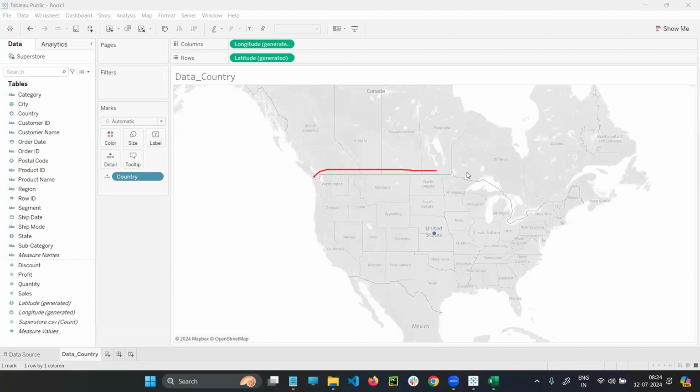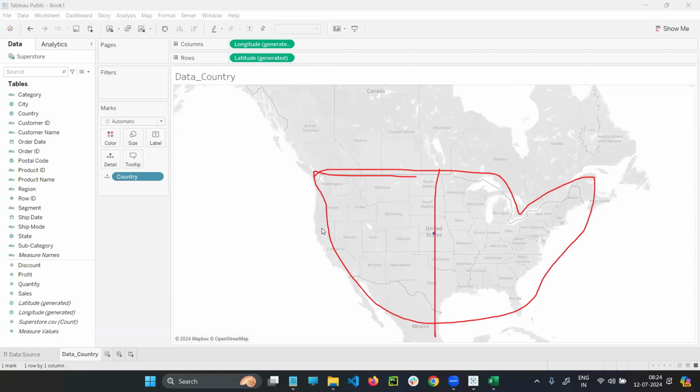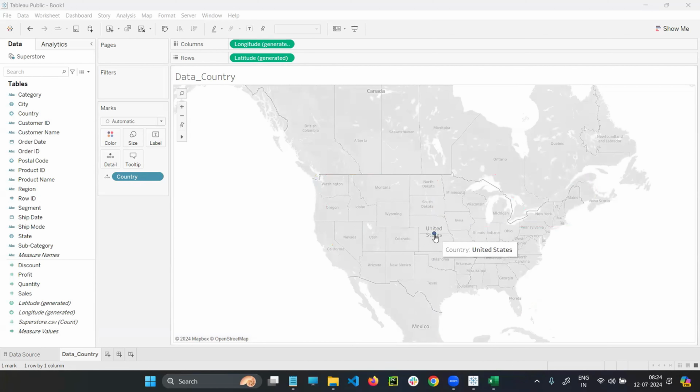Let's say this is the map. In the map, in the middle, there is a blue color point. My focus will be on what that blue color point is. If I take my mouse cursor on top of the blue color dot, what is it telling me? Country, colon, United States. There is a lot of information. So country, colon, United States means country is the column name, and in that particular column you have only